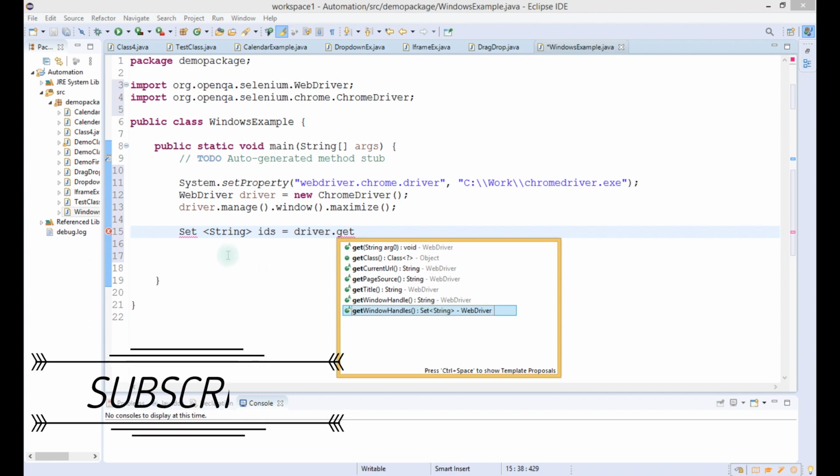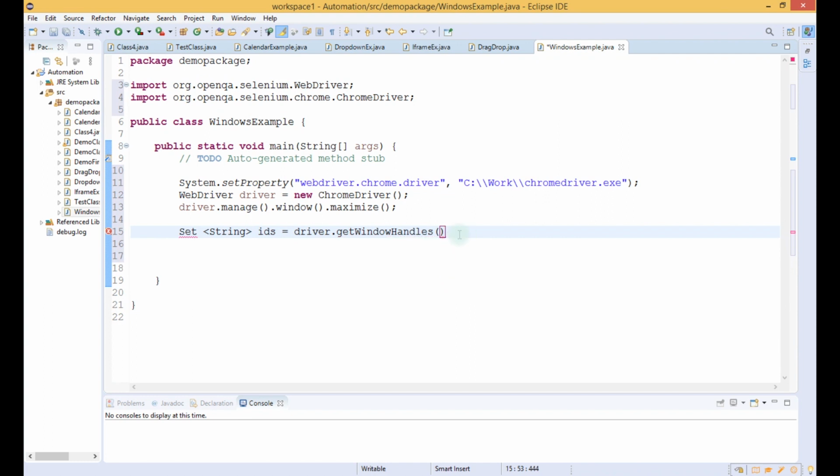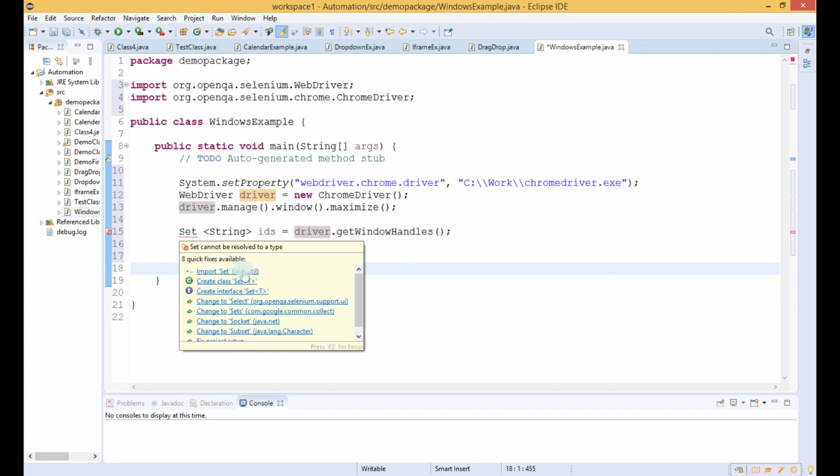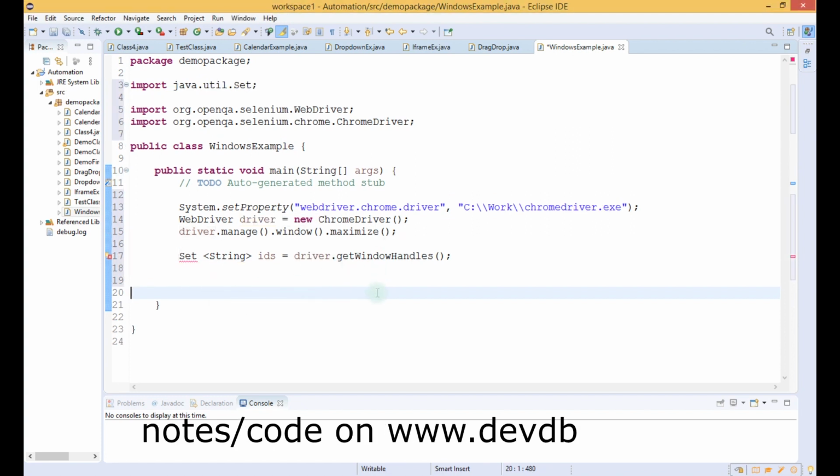That's why we have written Set<String> on the left side. It will get the IDs of the windows that are opened by this driver. We bring our cursor over here and import java.util. So now the error is gone.